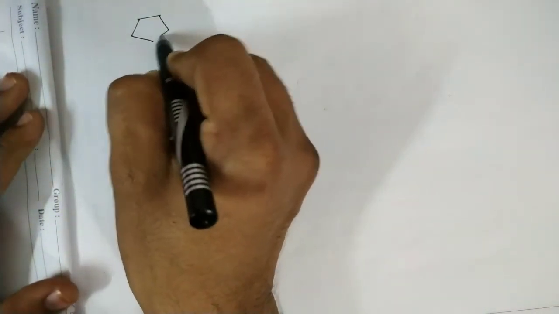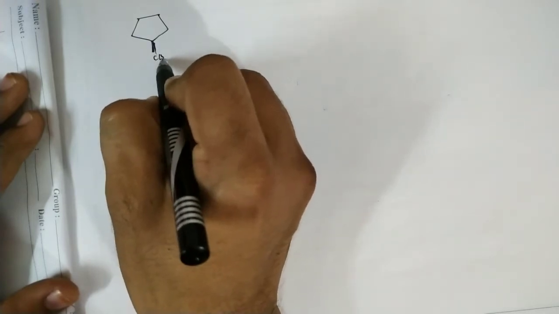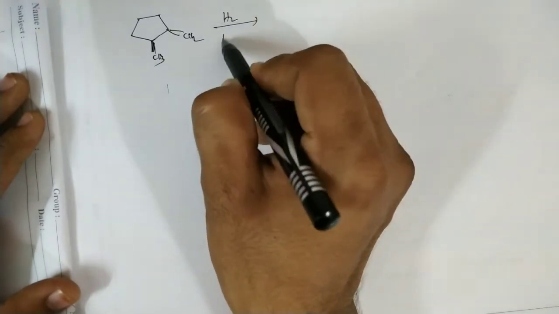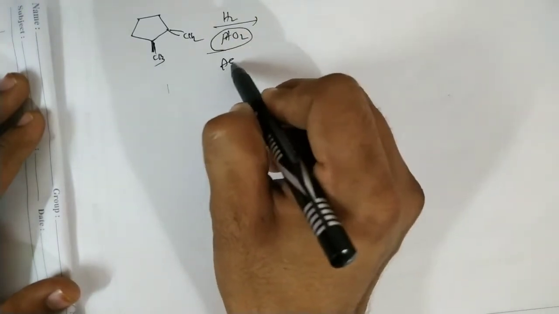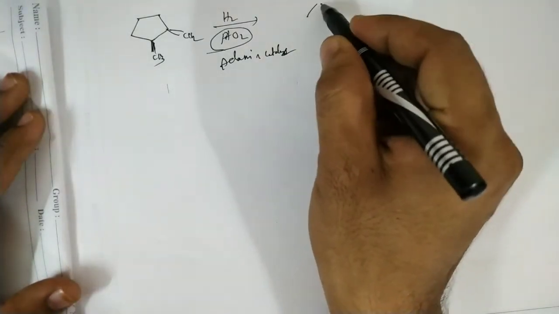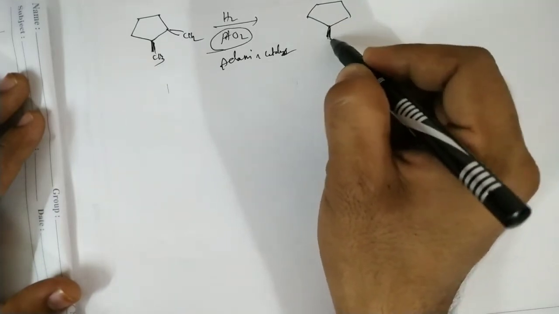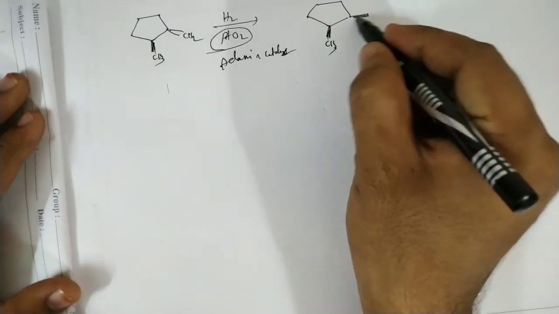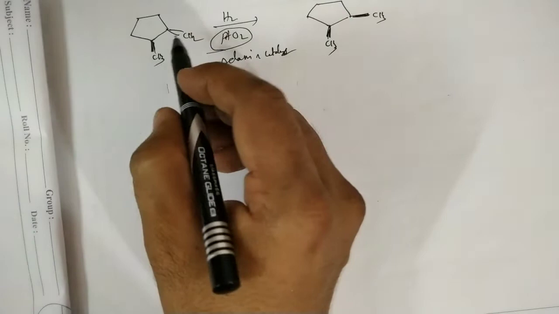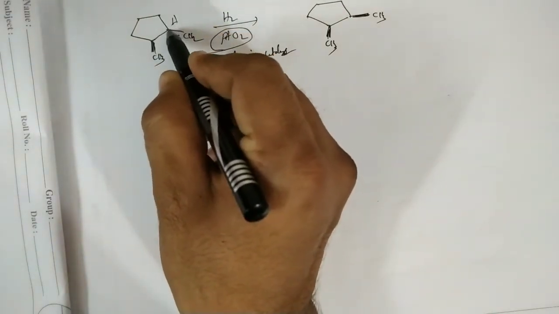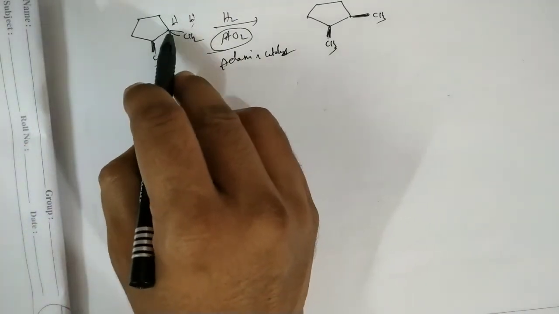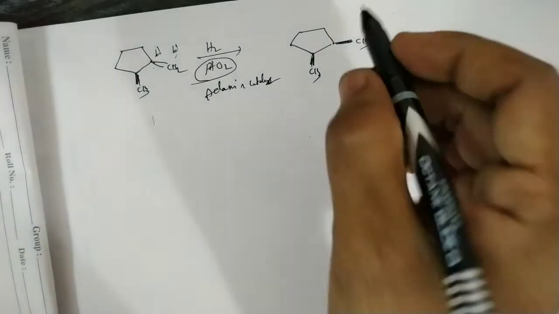So next, let us discuss one more example. Suppose here this is the methyl above the plane, here this is the double bond CH2. Now in this case H2 in the presence of platinum oxide, this platinum oxide is known as the Adams catalyst, okay. So now the syn addition means, so methyl above the plane, here in this case methyl above the plane, okay. So why? Because here in this case hydrogen is added to one carbon, here hydrogen added to one carbon, okay. So suppose these two hydrogens are added to the alkene from above this side, so that means here